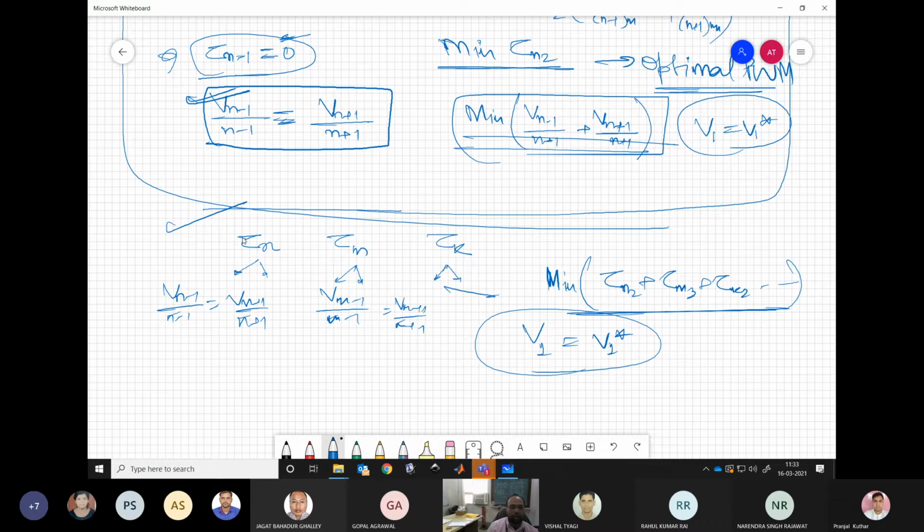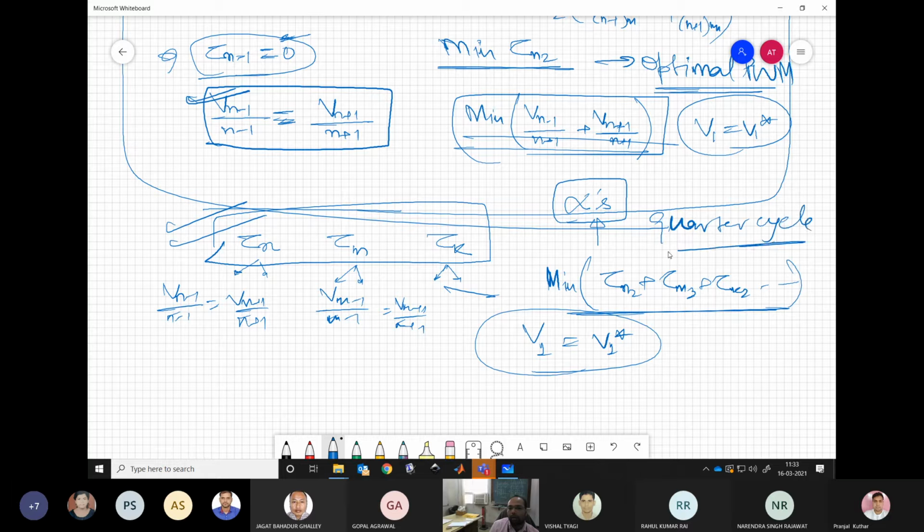This could be a generalized way of minimizing a set of torque harmonics, but of course you should have a sufficient number of degrees of freedom. That means a sufficient number of switching angles in the quarter cycle. If we have only 2, we see that we can minimize one torque harmonic, let's say 6th. If we have 3, we can minimize 2, tau 6, tau 12.